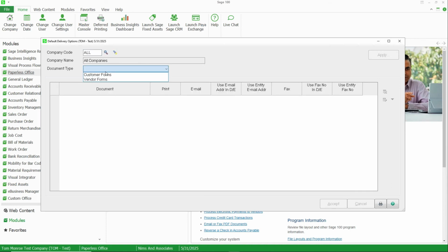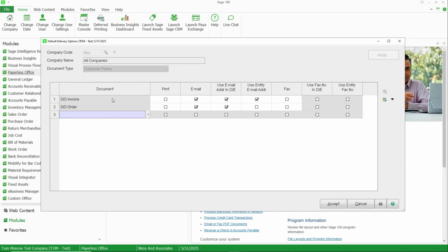And we can choose our document type and our forms. For customers, we have sales order, invoices, sales orders. And what this allows us to do is define how we want to set up the customers for the delivery of these documents. So for example, what I can say here for the sales order is when I set up